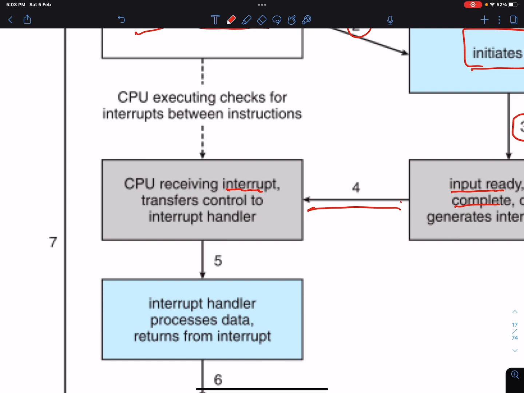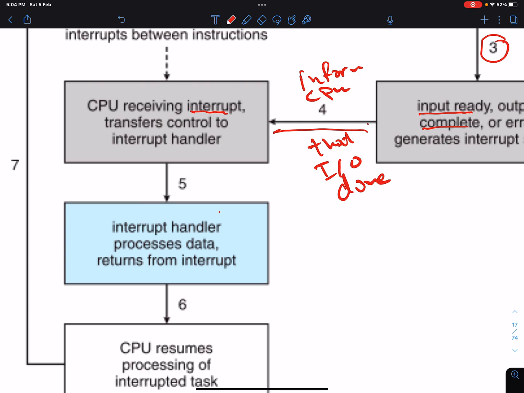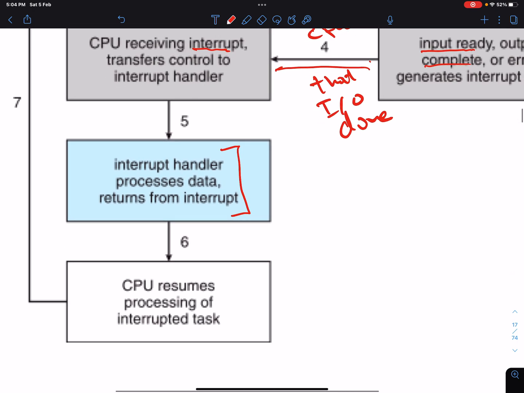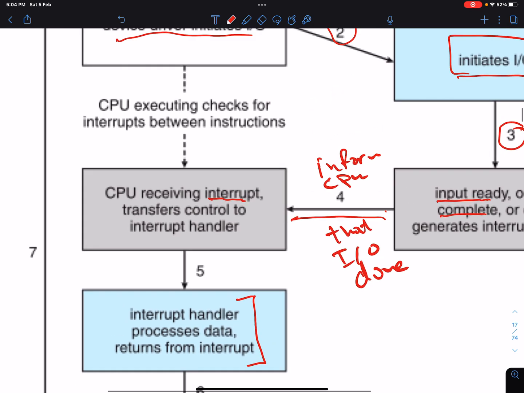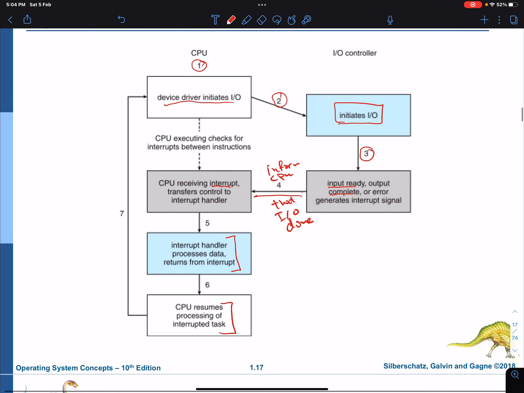So the I/O informs the CPU that the I/O is done. Then the interrupt handler processes the data received from the interrupt, and the CPU resumes processing and goes back, and so on and so forth. Here is the cycle of it.